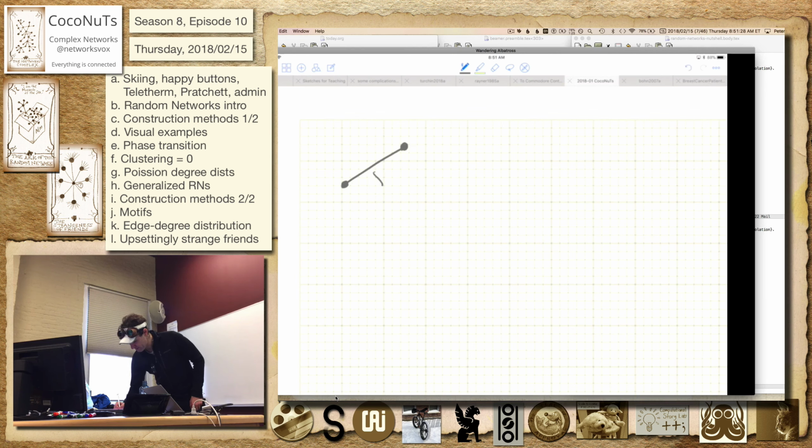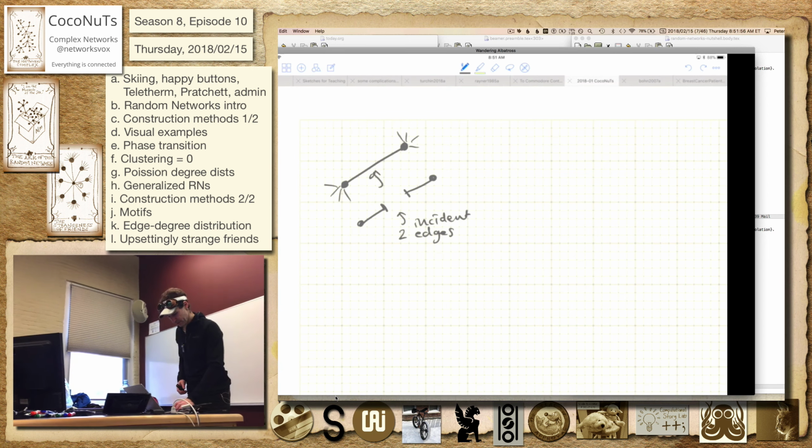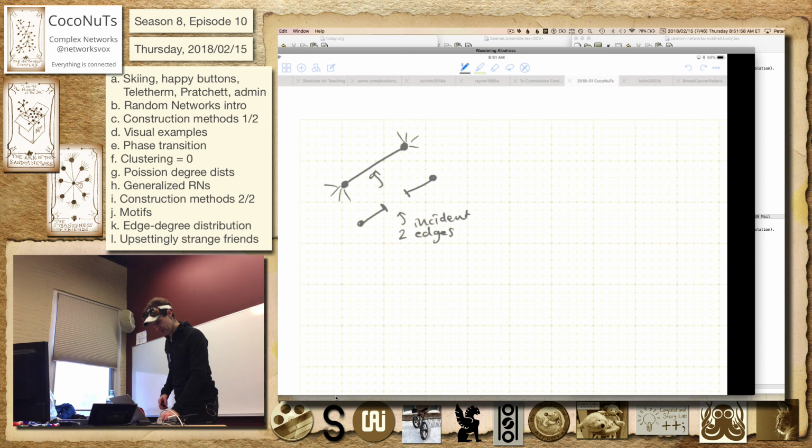Right, so an edge, we're going to break it into 2 pieces. So in terms of degree, this has got a number of other friends. Each one of these counts as 2, so we get 2 incident edges per edge. That's fine. Okay. So if we're going to find the average number of friends a node